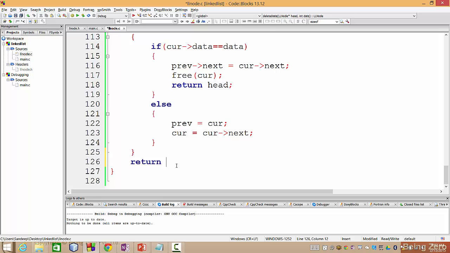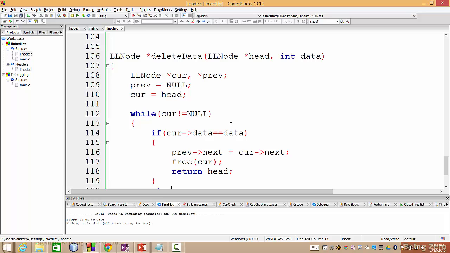If we are going to delete a value 10 from a linked list 1, 2, 3, now 10 is not found, return head, because if I return null, then I'm kind of losing all my linked list. So if the node is not found, my linked list should remain unchanged. So what should we return here? Head. So that we have to remember, should be head. With this it should work fine,